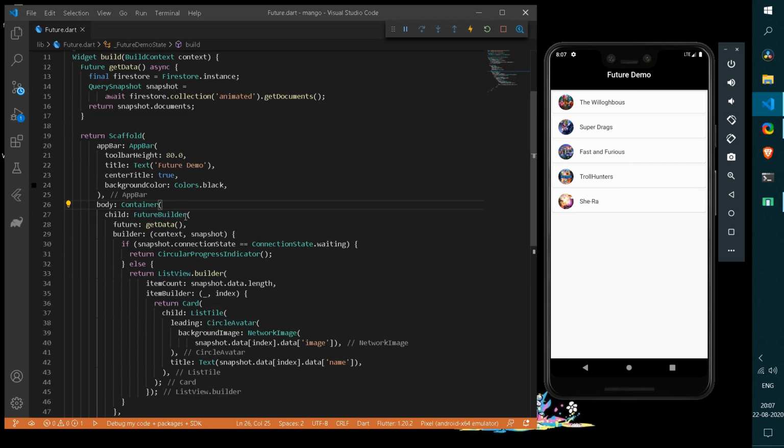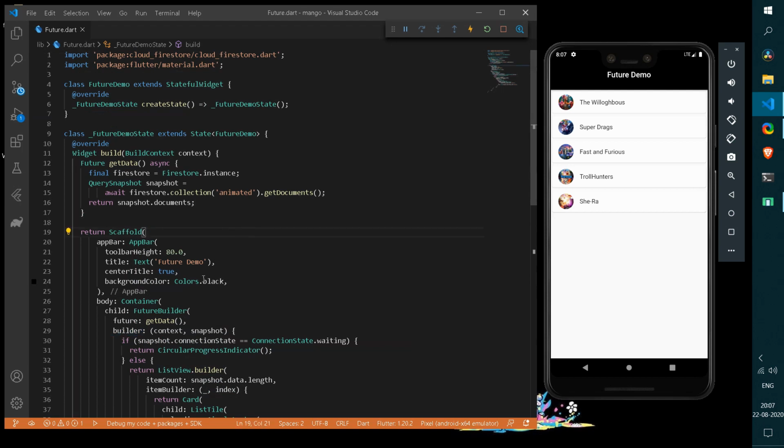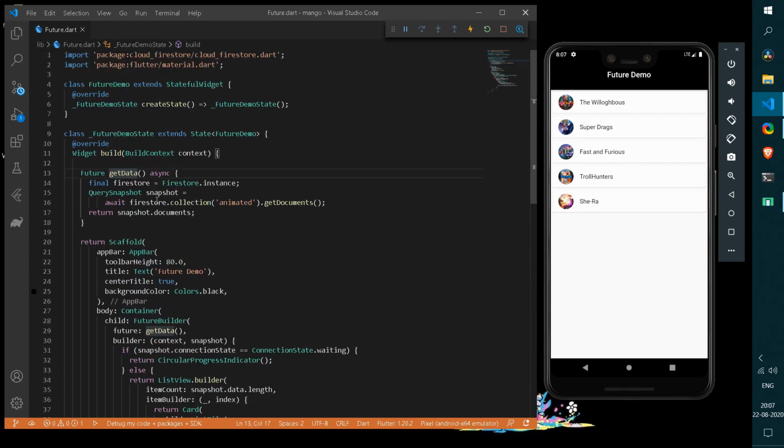So to initialize all your Future, you simply have to give a child as a FutureBuilder to a widget, that is your respective widget, and under your FutureBuilder, it will simply take a future as well as a builder. Now this future is going to be an entire method. So our future method will simply take a Future, the name of a method, and the async keyword, so that all the data will be asynchronous. And after that you can simply write all of your code from where you are initializing data.